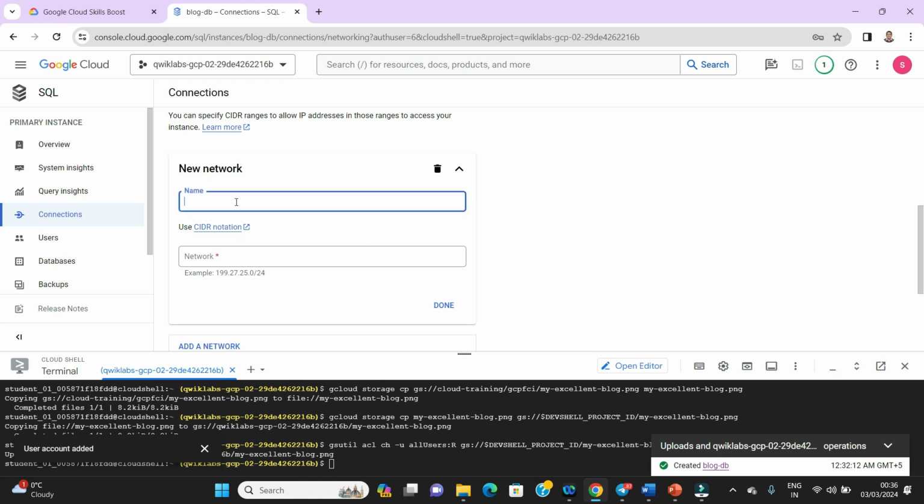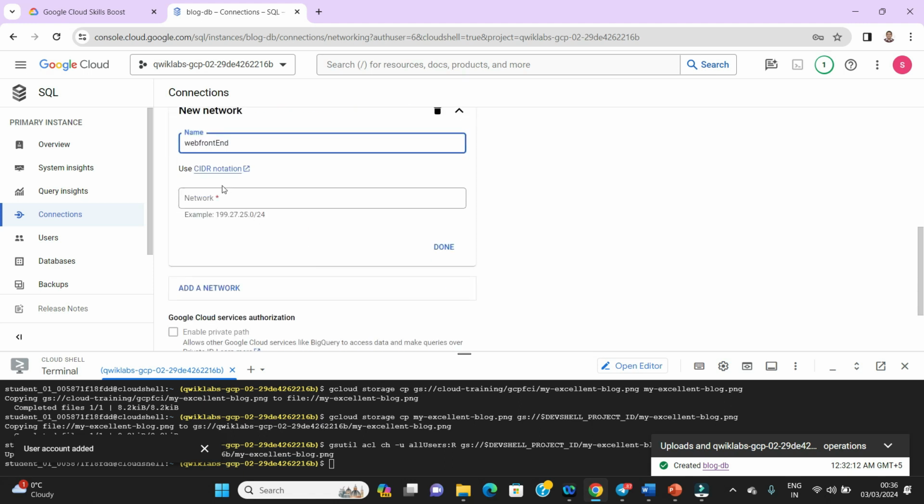Here you can give some name. Let's say this is a web front end of it. You can give any name whatever you want, and we have to assign the IP address here. We have to give the IP that we have used for our virtual machine.